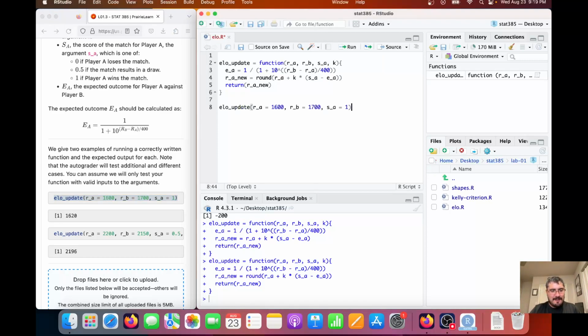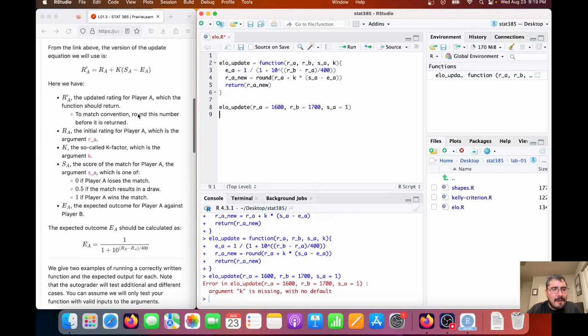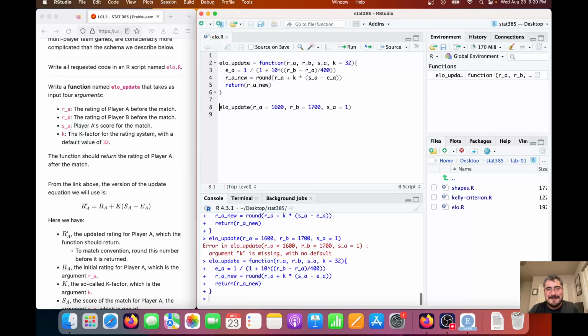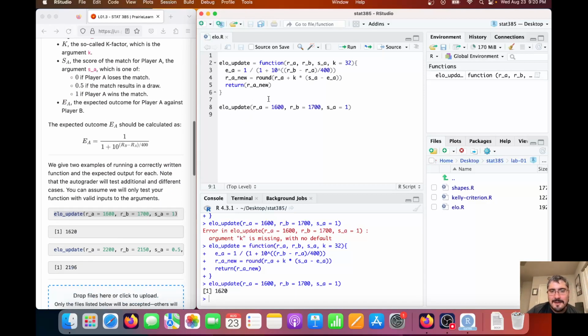Let's see what we get. Oh, I made a mistake. Oh, the default value of 32. All right, see, live coding my own problems and can't shoot. All right, got it right. 1620. Good. So here we started with, the idea was that we started with a